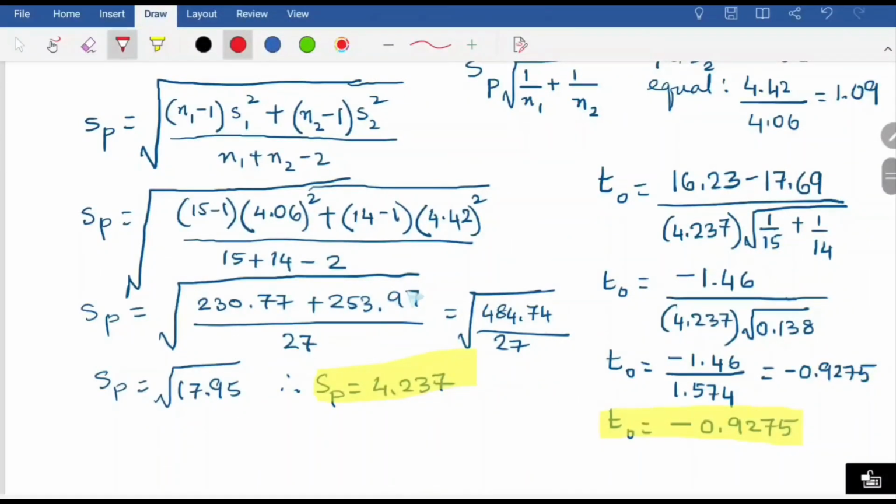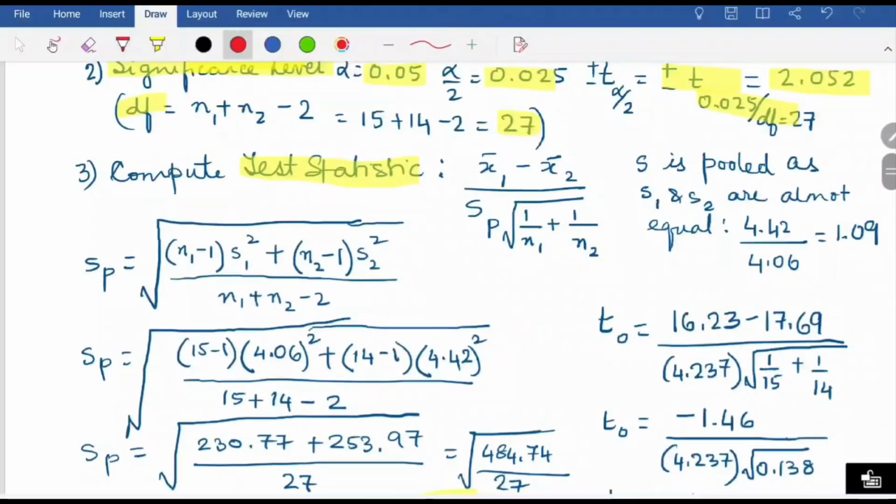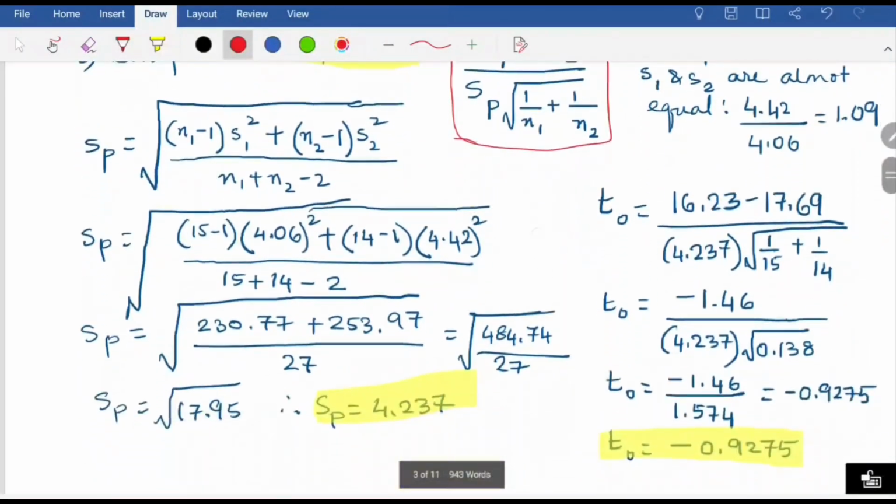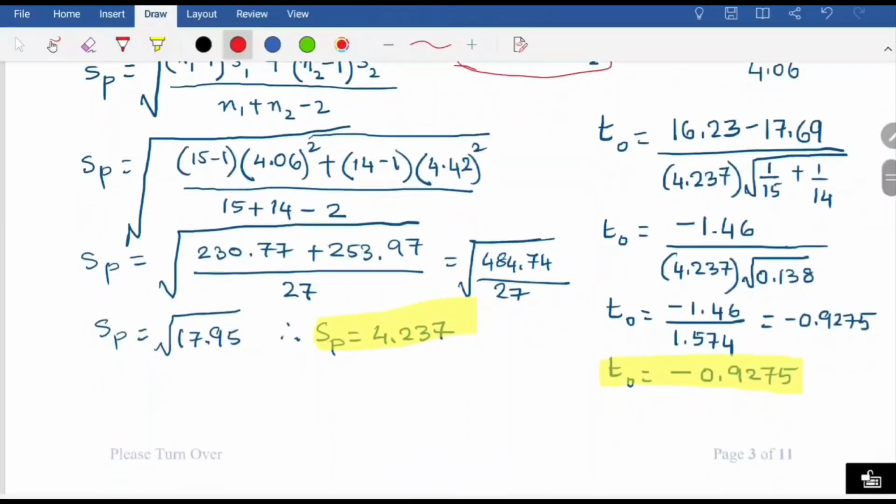So again, here are the calculations. We come up with the S sub P value of 4.237. And once we have our pooled standard deviation, plug it into this equation. Here is the equation for our test statistic. Plug in the X bar values and we come up with a T sub 0 value of negative